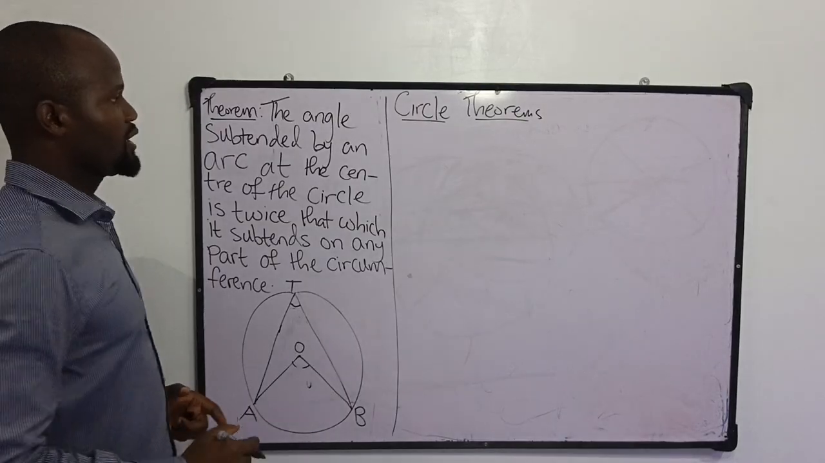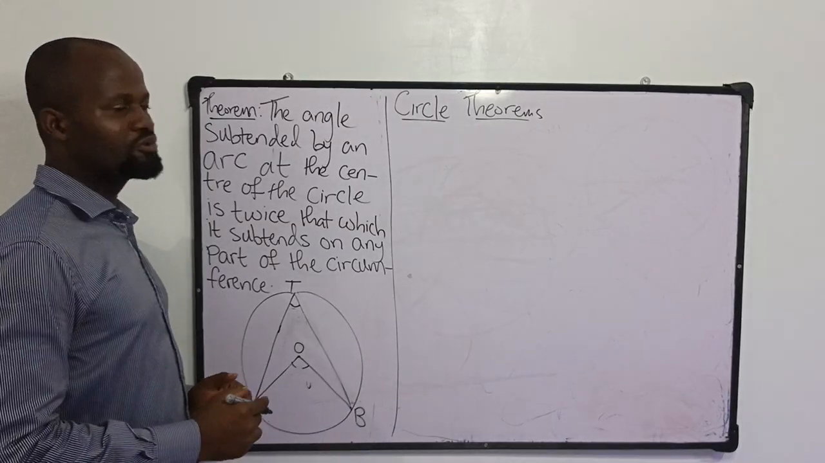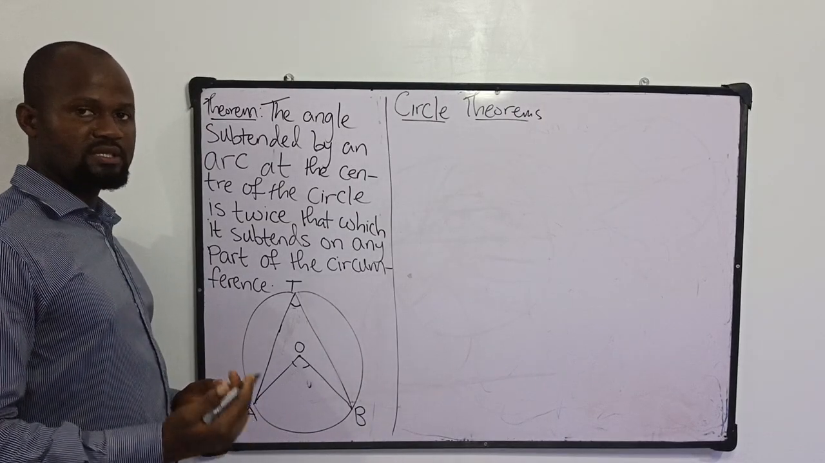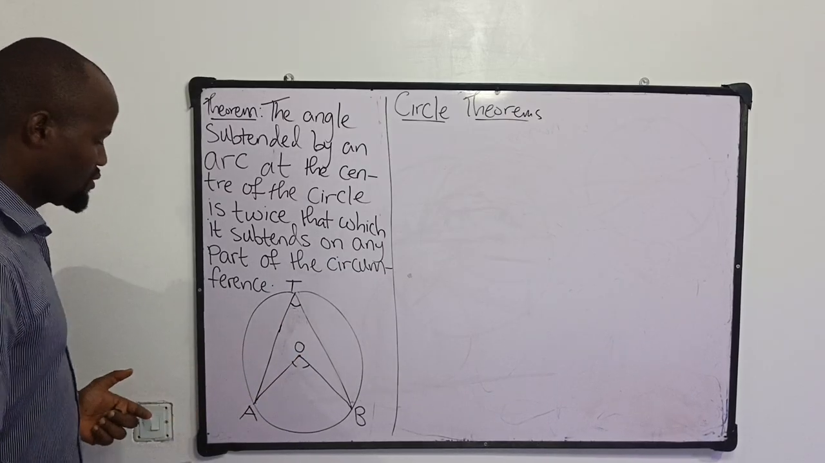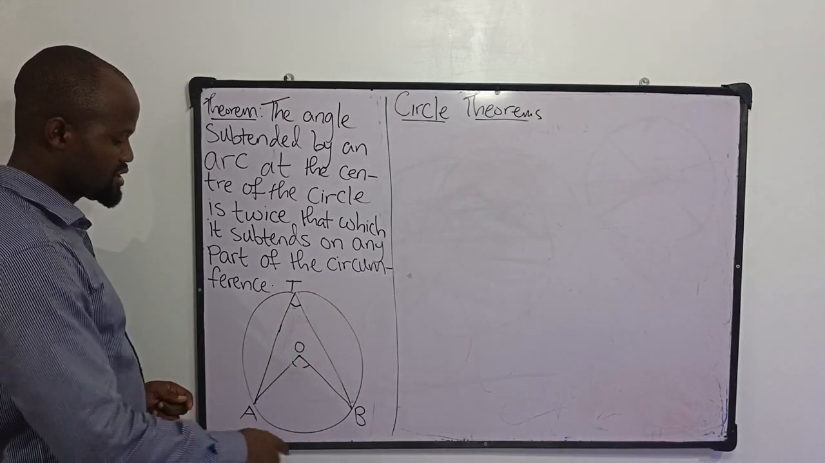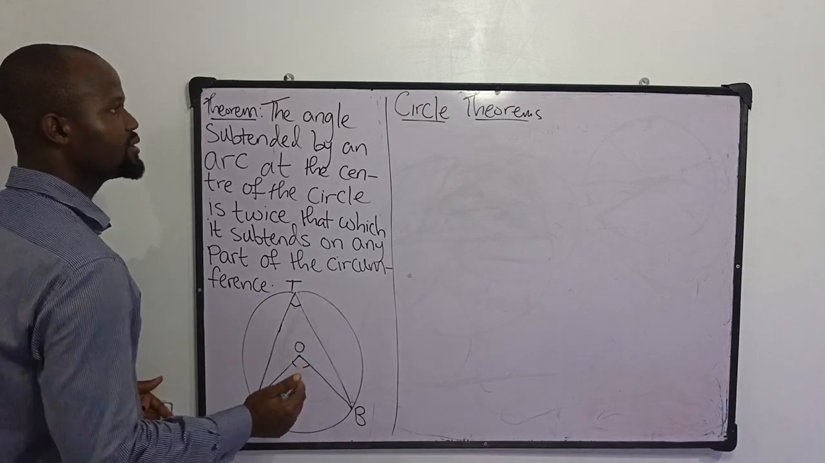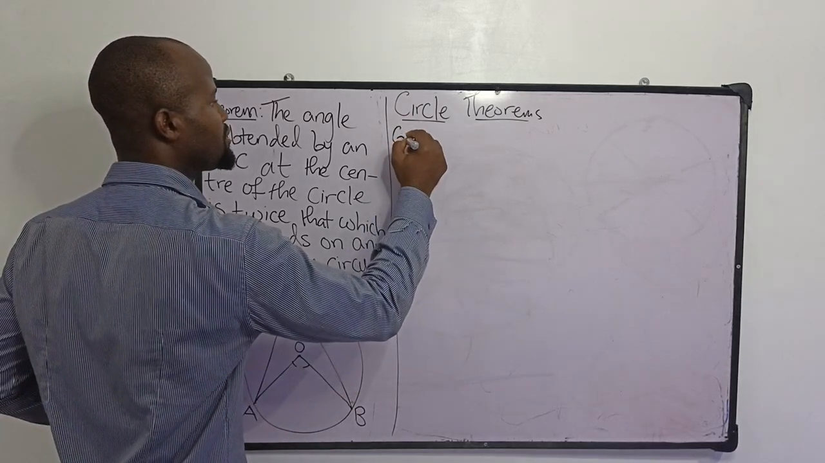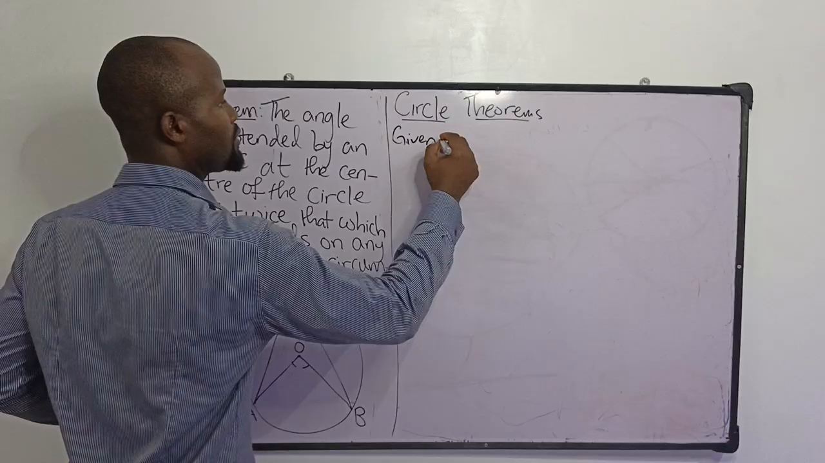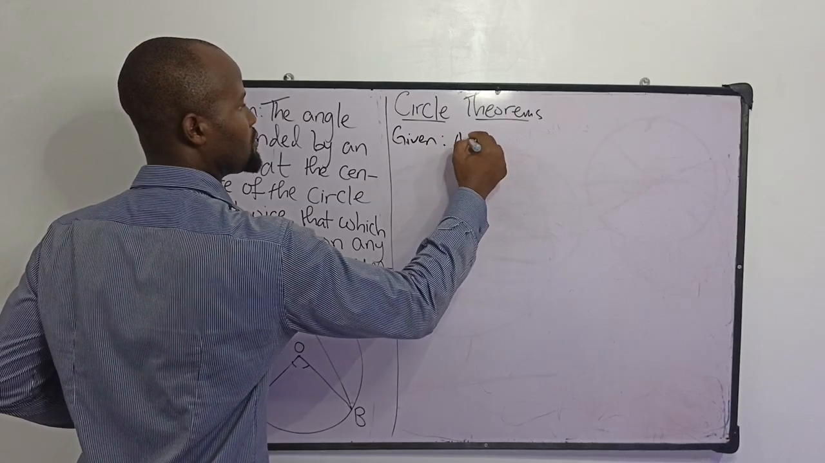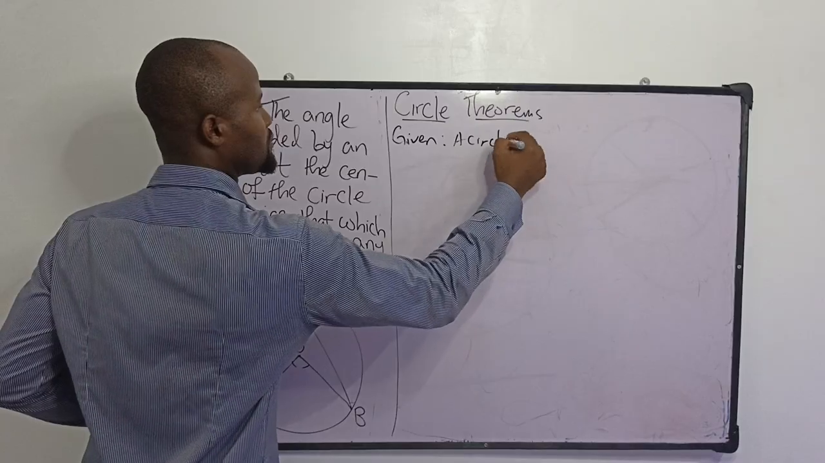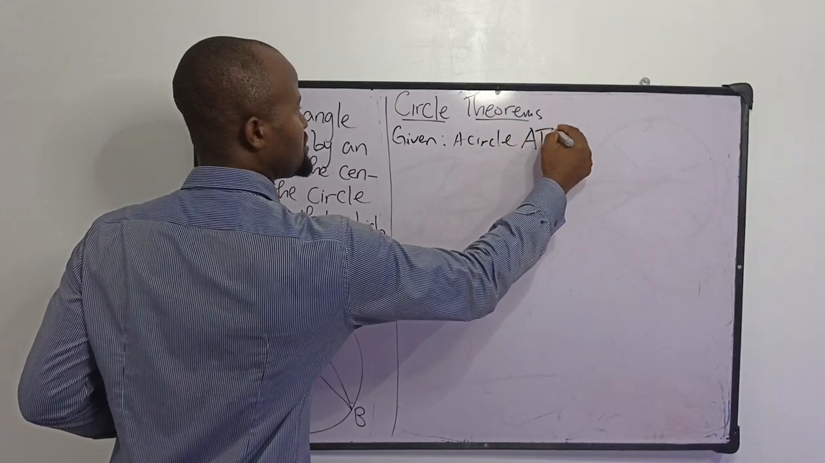Now, as usual, before we get to our proof, we need to write down what is given. So looking at this diagram, what do you think we are given? Well, we can start with saying that we're given a circle ATB, all right? So, given a circle ATB,